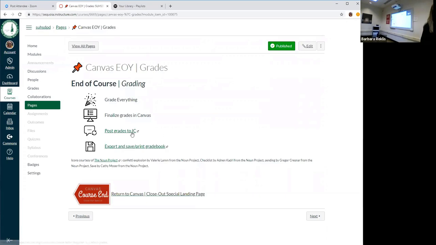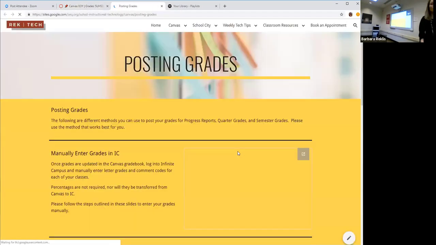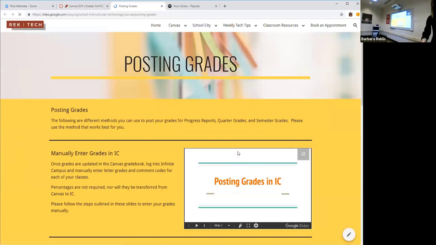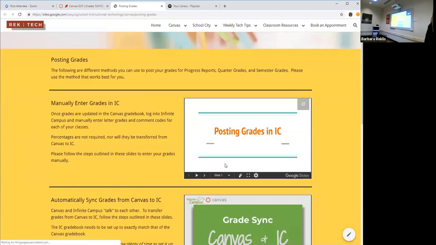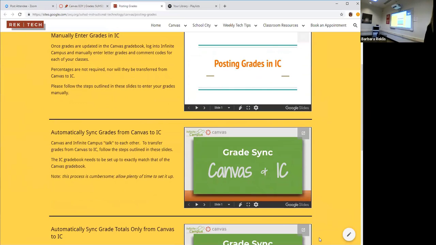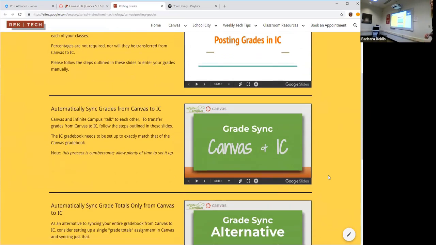And so if you click on this link, it'll take you to that page on my website that lists the different ways. So you have your resources, depending on which way you've chosen to post your grades each time, that's available. Okay, so once you finish your grades,